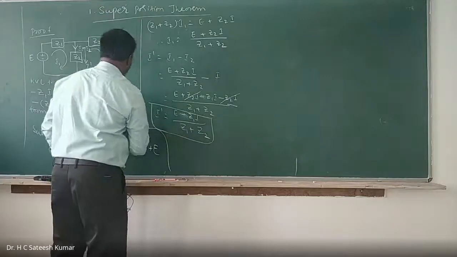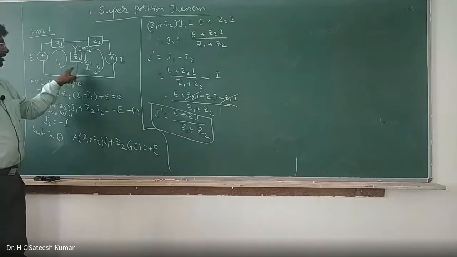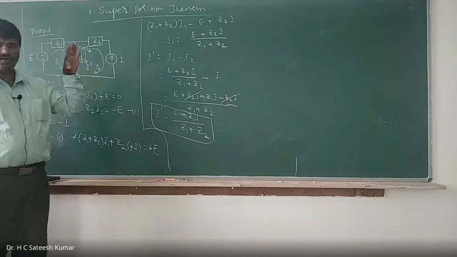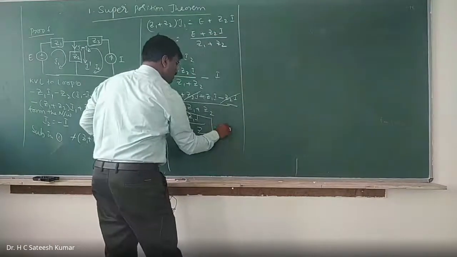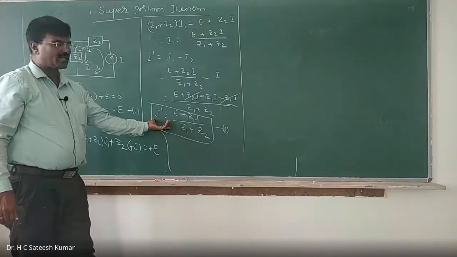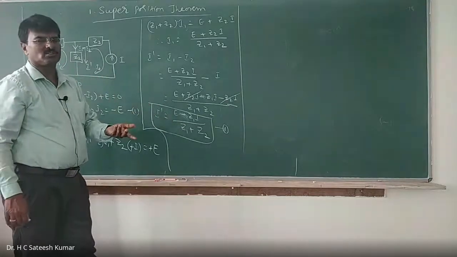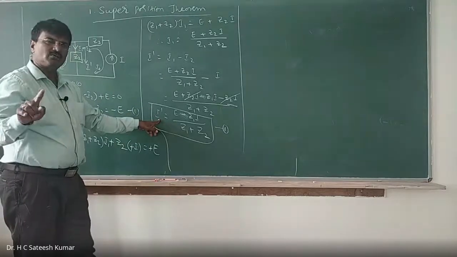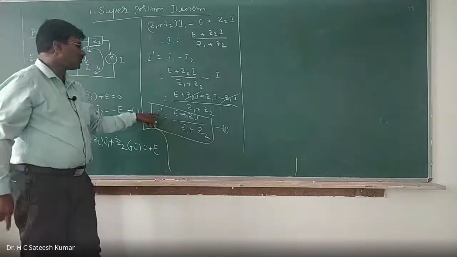Okay, right. Now I call this one as I dash. The I dash is nothing but the current due to both the sources acting simultaneously. I got it. Now you find out the current when they are acting individually. Call this equation 1. When they are acting individually, I will call the responses I double dash and I triple dash. The response when both are acting simultaneously is equal to the sum of the responses: I double dash plus I triple dash is equal to I dash. I will need to prove this.